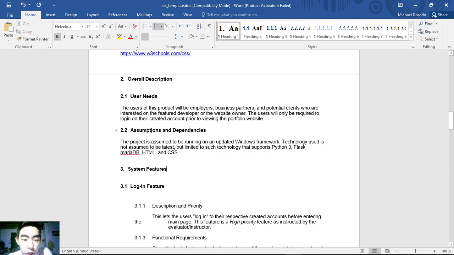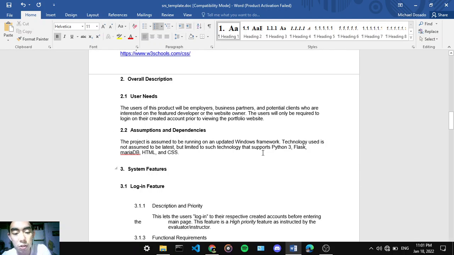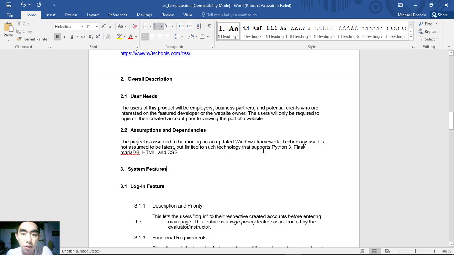So next we have the assumptions and dependencies. The project is assumed to be running on an updated Windows operating system. The technology used is not assumed to be the latest, because the specs of my laptop where I'm working are Celeron, so it's not cutting edge like other gaming laptops. But it is limited to technology that supports Python